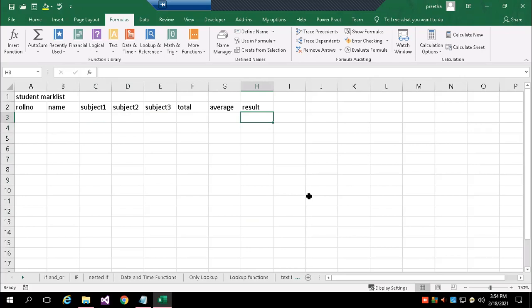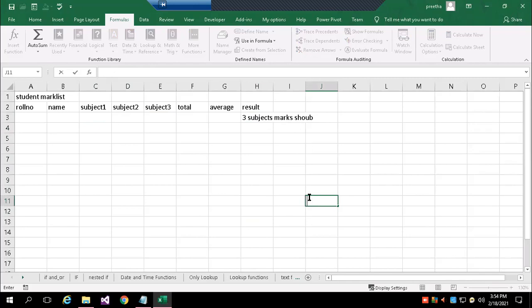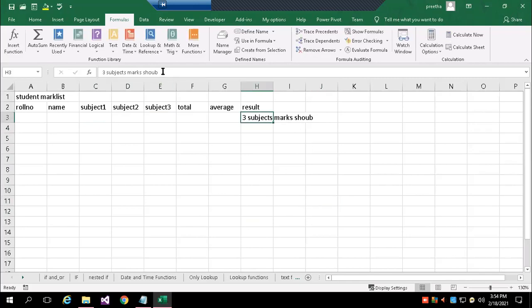So if the 3 subject marks are greater than 40, then you write pass. Else I should get fail. So this is your assignment or exercise. You do it, practice, and send it to my mail ID.